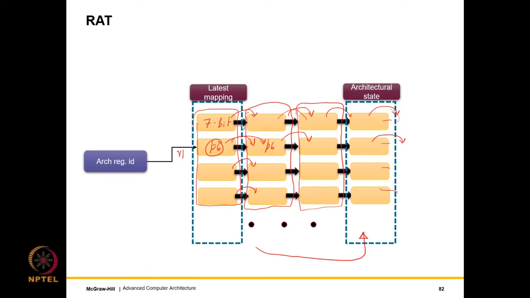Recall that when we are creating the checkpoint, this column and this column will be the same, but gradually, since this column is meant to contain the latest mapping, it will keep on changing as new instructions keep getting renamed. If we want to take a checkpoint, we follow the same strategy where we right shift all the previous checkpoints, because each column in a sense contains a checkpoint. So all that we need to do is right shift all the checkpoints, create space for this, and transfer the contents of all of these over here to this column.